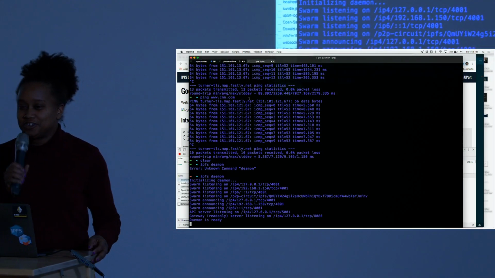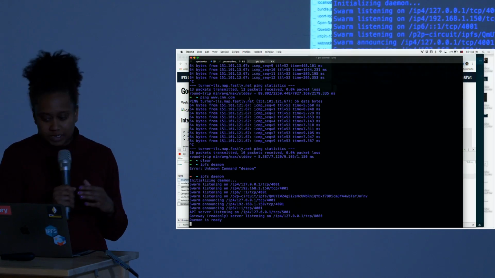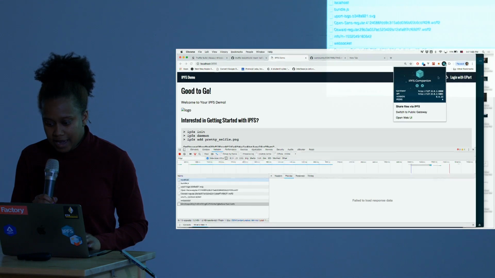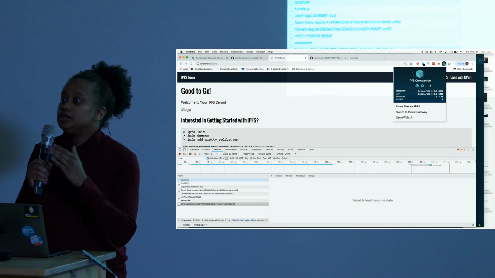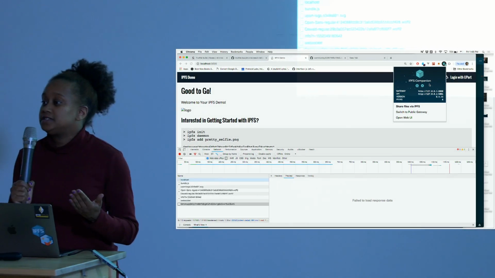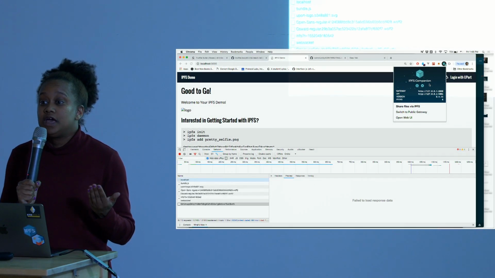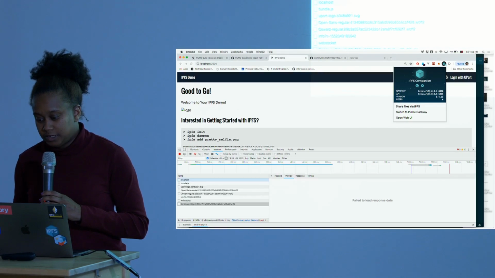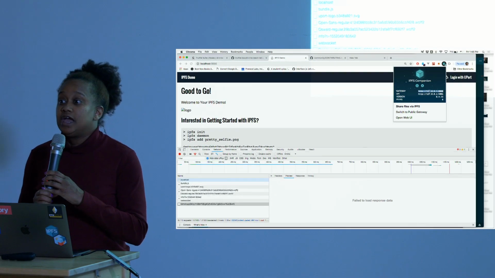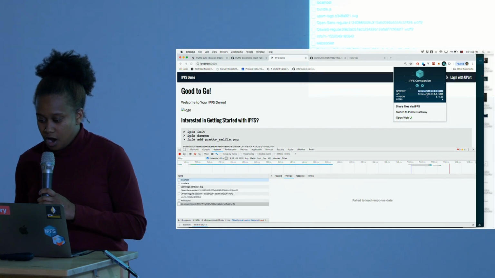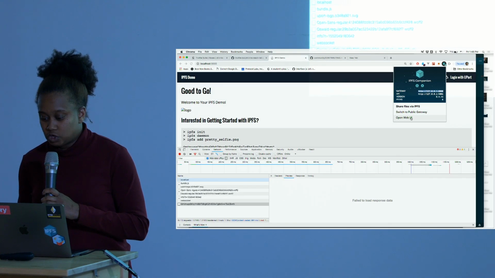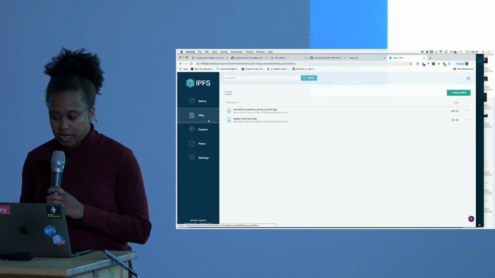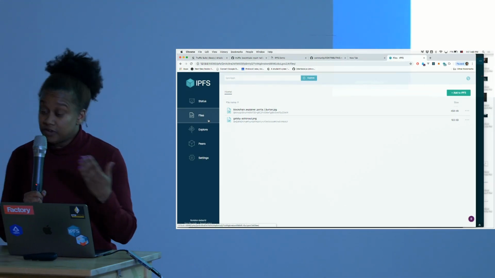Oh, another solution. So we're running the IPFS daemon, and I know it's running because I have Companion. And Companion, if you are using IPFS and you have someone who is not familiar with the command line, they can download the GUI, which is Companion. Companion shows you the gateway. I'm running the gateway locally, and I'm acting as my own distributed server. I have 4 peers, and I can switch to the GUI. A GUI will give me more information. I can actually add files. But if I do not want to use the GUI,